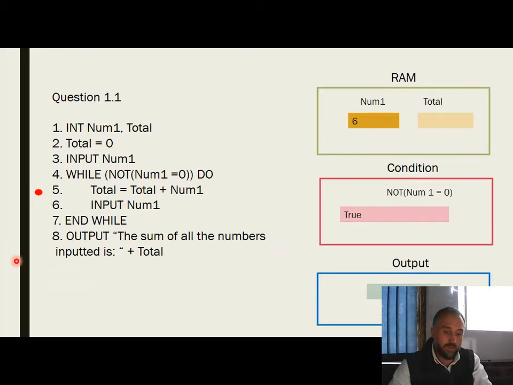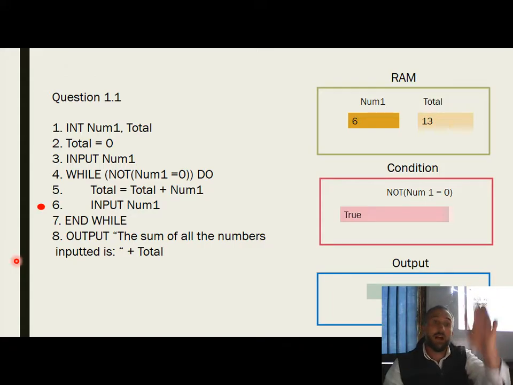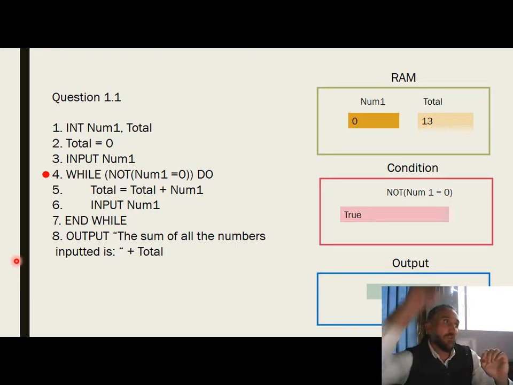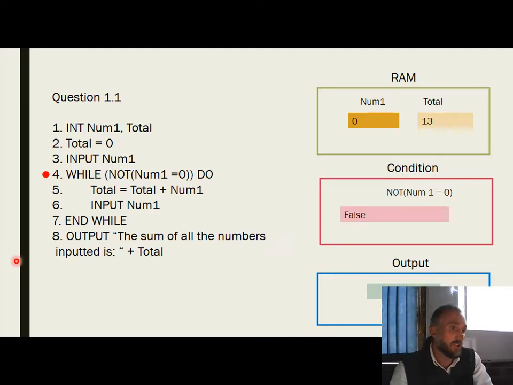So 13, then we go down to the next line, input me a number. 0. Okay, so now I got asked to input the number 0, so this is going to become 0. We get to the end while, it goes back up to the condition. Now, is this true or false? Okay, so num1 equals to 0 not, because num1 does equal to 0, so that's true. So not, it becomes false. Do you understand that? So false, so now because that's false, it then exits the loop, goes down to the